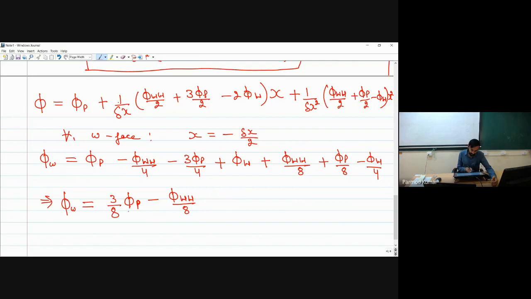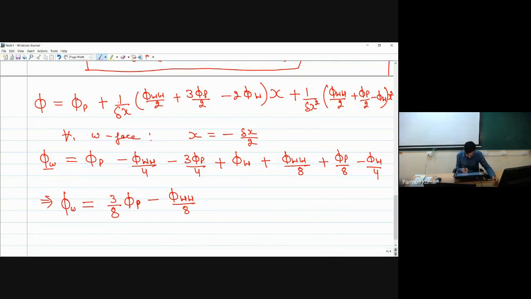Please tell me the final coefficients in terms of phi P, phi WW, and phi W on the right hand side. And also be careful, this phi w is different than the phi W on the right hand side, because this phi w is at the face. So that's why I'm writing it as small w. And W which is on the right hand side is capital W, which is for the node point. Okay.